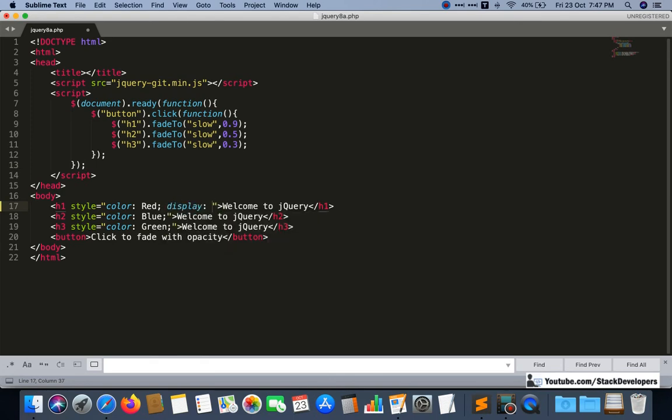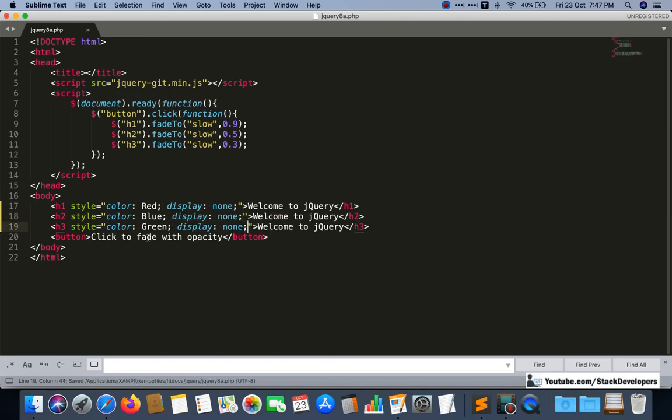Our first one is slide down. Slide down elements do not appear initially, they appear only when you click on the button. That's why we will add display none for all of these initially.